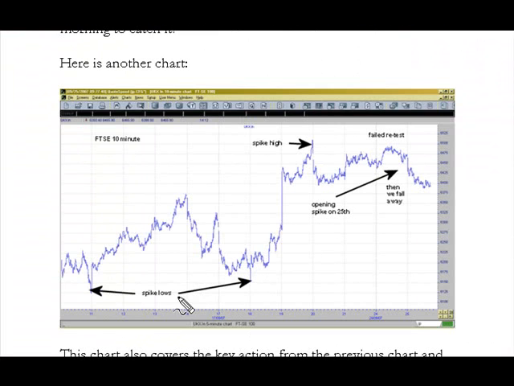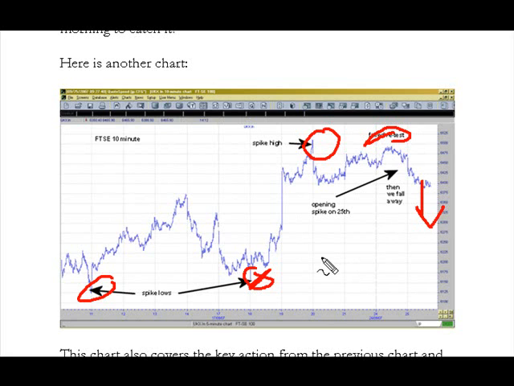Now again, this chart here, you've got key spikes all over the place. Spike there, spike there. That one is a nice spike. It's a particularly strong spike. This one here is a particularly strong spike. We then say failed retest. We're going to talk about failed retests in a little while. Falling away. But if you look at a chart, you'll see that price spikes are pretty important,